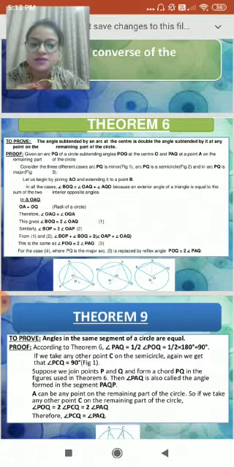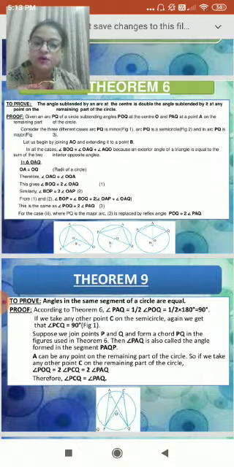This is the second proving. Therefore, from 1 and 2, we prove that BOP plus BOQ is twice angle OAP plus OAQ. So this is the same as POQ is equal to twice angle PAQ, which is the third statement we are getting. So for the cases 1, 2 and 3, where PQ is a major arc, 3 is replaced by reflex angle POQ, which is equal to twice PAQ. You can see 3 different figures where we have taken the minor arc, the semicircle and the major arc. So the cases are different but the answer will be the same.